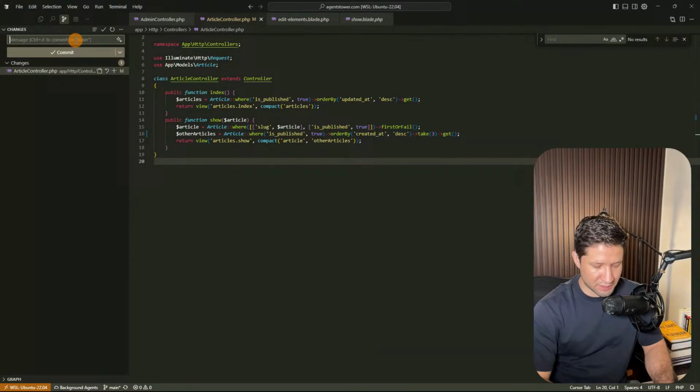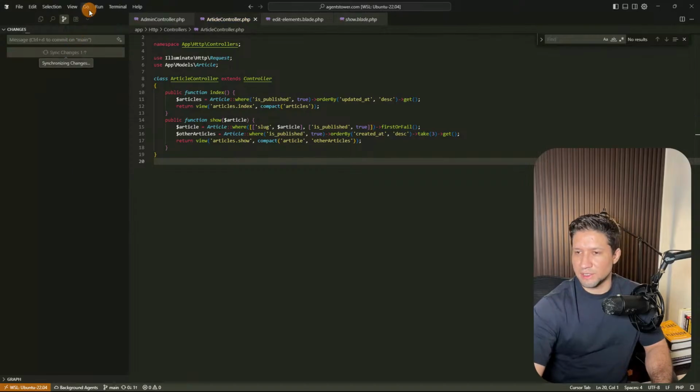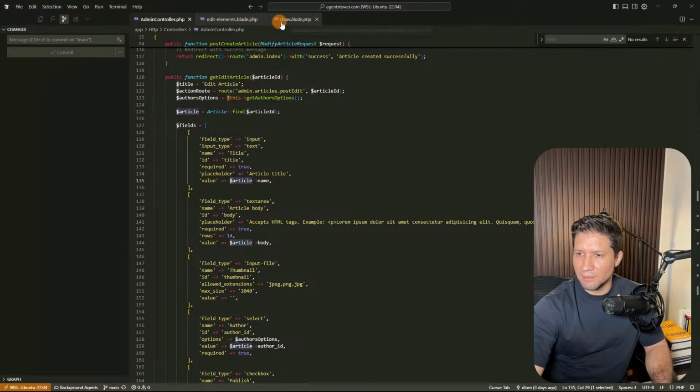I'm just going to save this to commit it to my Git version control, and it's going to be called "only published articles are shown." So we just commit this, and save the changes. Okay, so admin controller, edit elements, and show. So let's